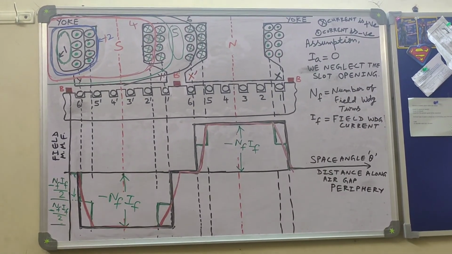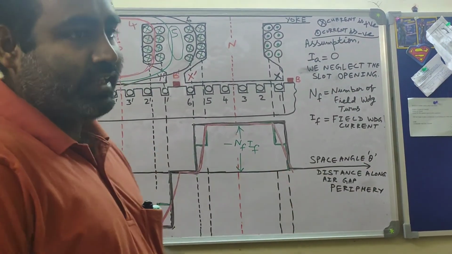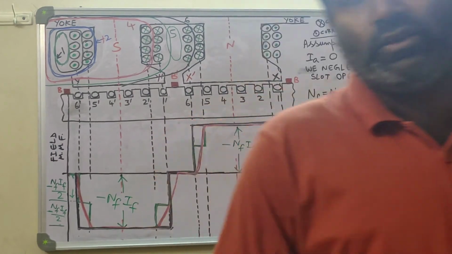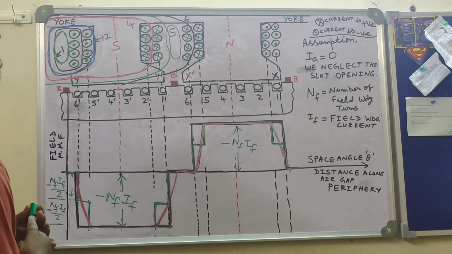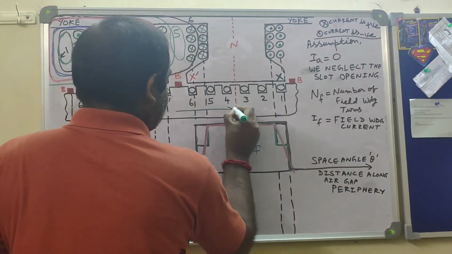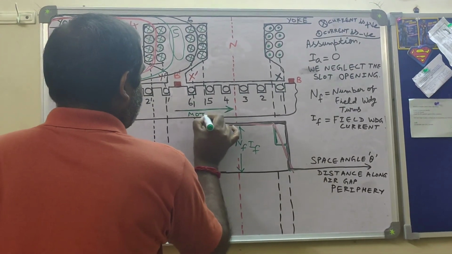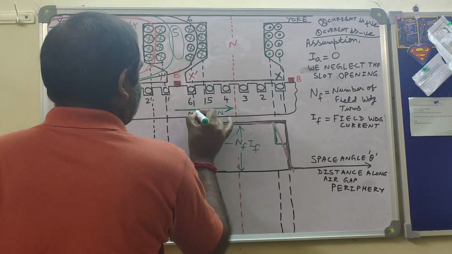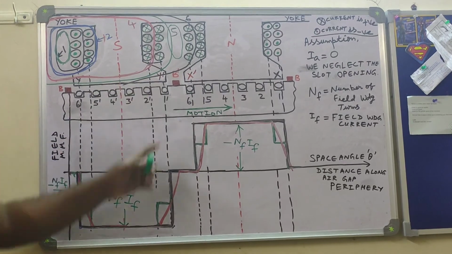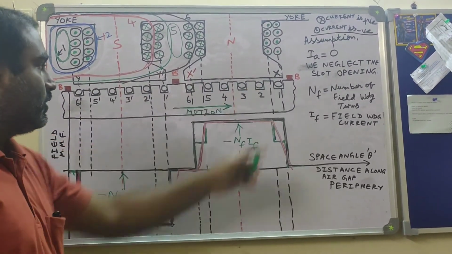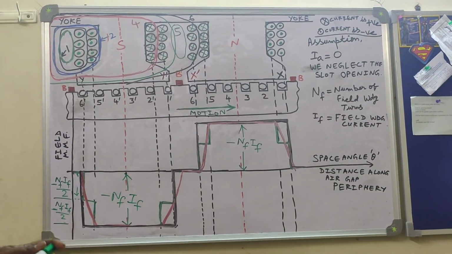I mean to say, the space distribution. This axis is of course the space angle theta, which I defined in my earlier video. You can take some reference point, and that will be your theta equal to 0. I have not indicated it here, but I should indicate the direction of motion. This is the direction of motion. If you recollect in that earlier diagram, following the direction of motion, I am moving from pole tip y to y dash, and from pole tip x dash to x. This direction of motion was taken as generating action. So this is the field MMF variation.